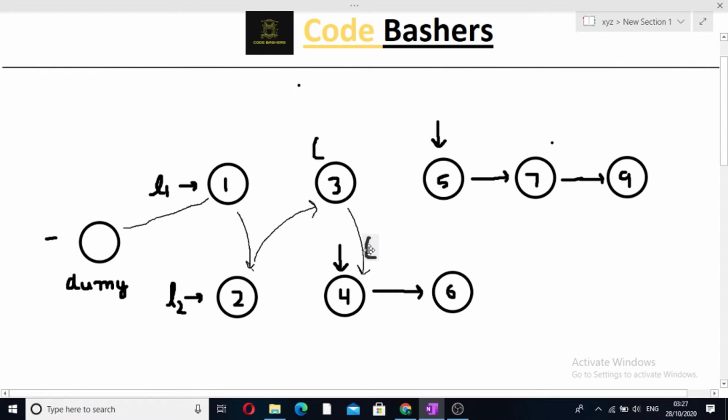and after it has been erased, our temp will move to temp is equal to temp's next. So it will point to this node, and this arrow which is iterating the second linked list will move to the next direction. Now again the comparison will be made between 5 and 6. We can see that 5 is less than 6.